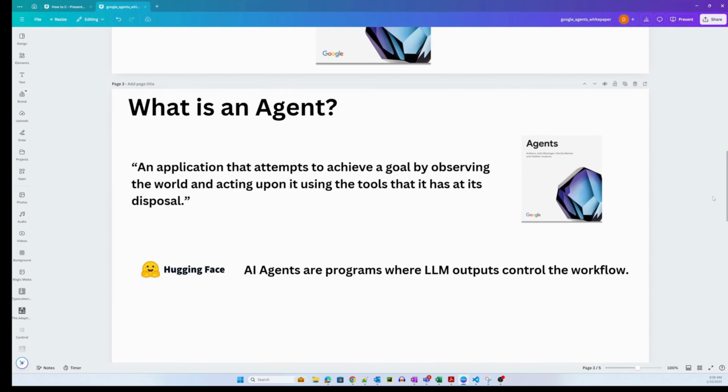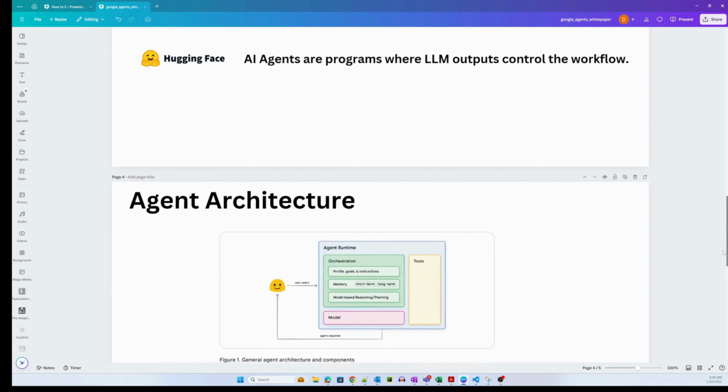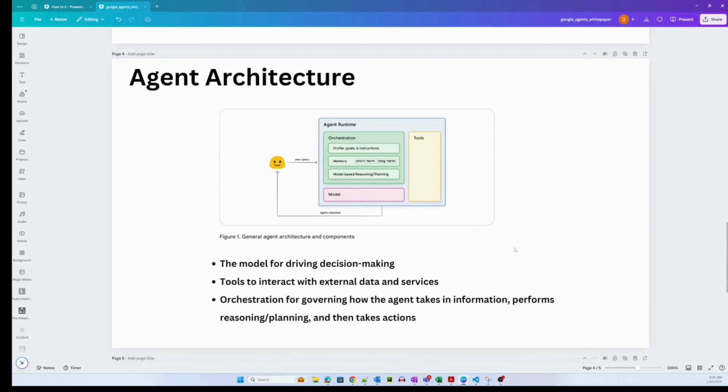So tools form one of the primary components of an agent architecture, right? Because we know that LLMs essentially can't talk to external systems or the external environment themselves, and they're obviously not current.